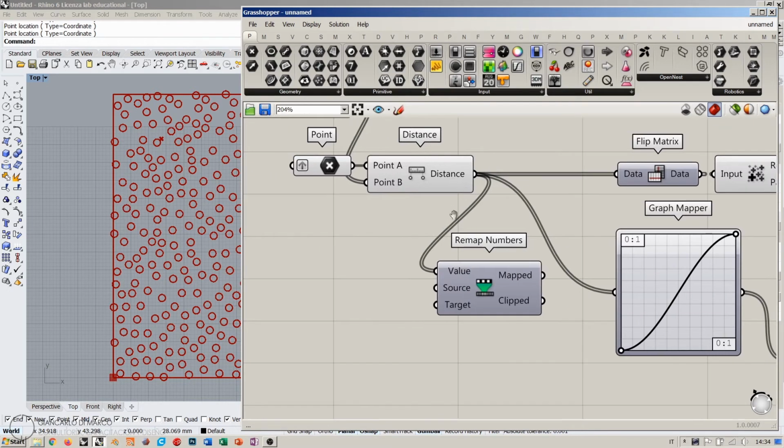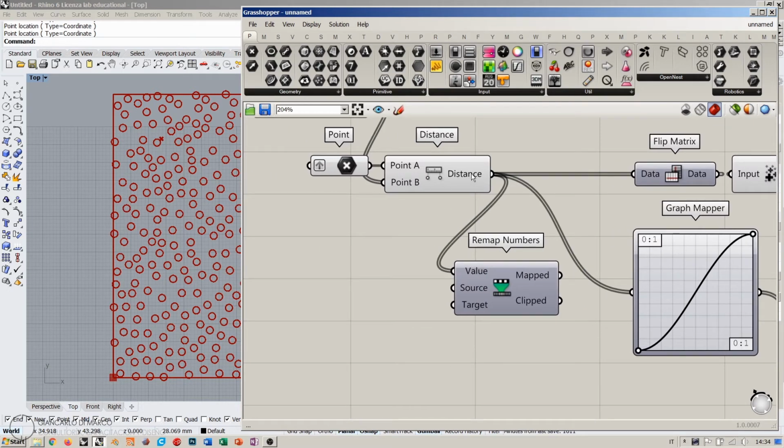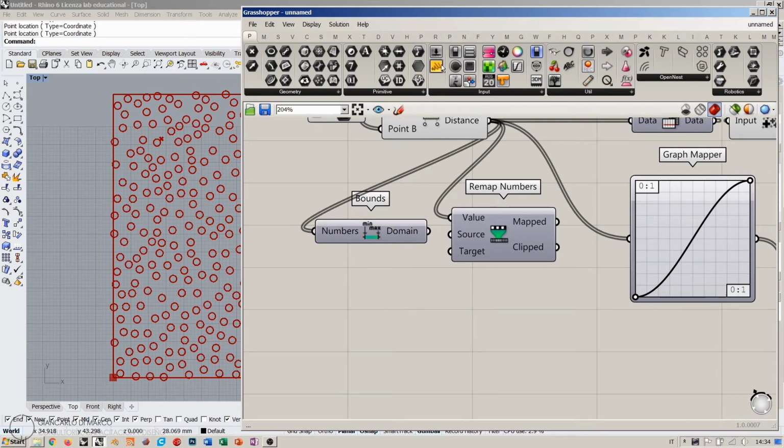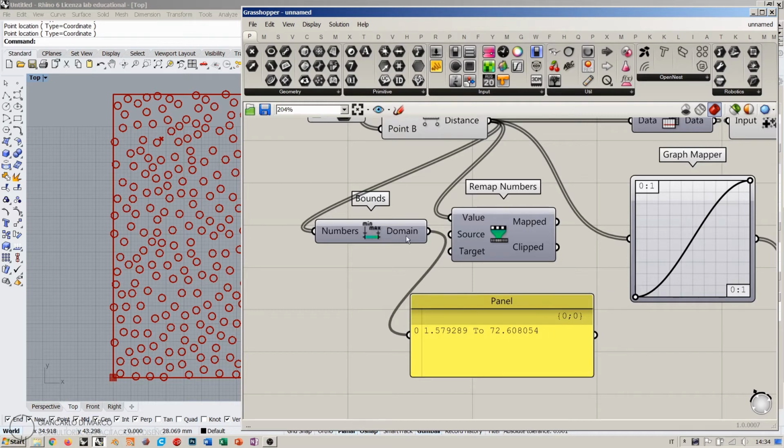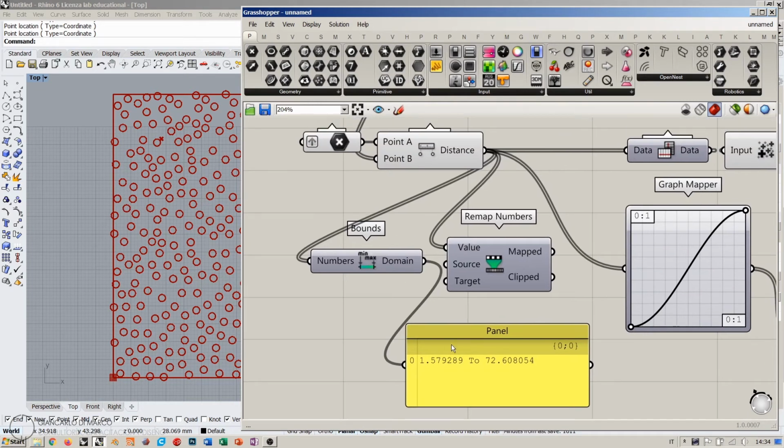Of course, we won't determine these two values by hand. There is a component which is called bounds. Now the bounds takes a set of numbers and tells what is the range that includes all the incoming values. And you see that the range is 1.57 to 72.60. Okay, so this is the actual range for our distances, and these will be plugged into the source